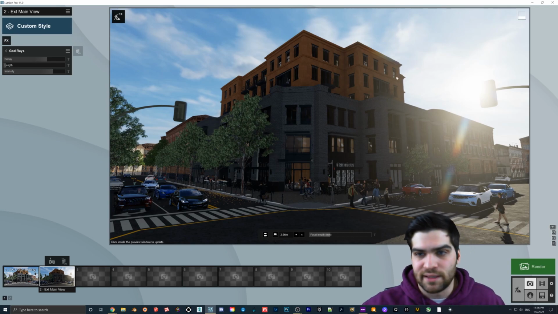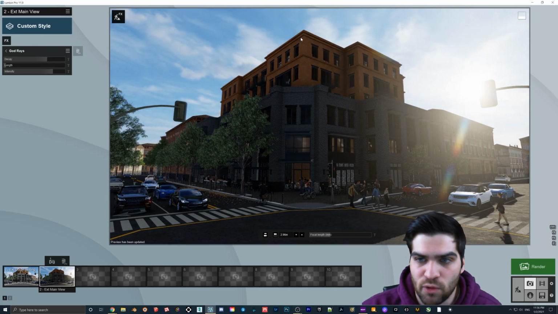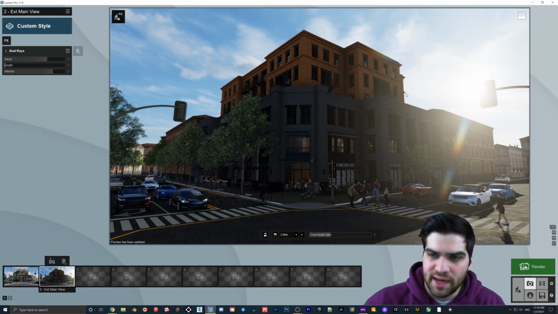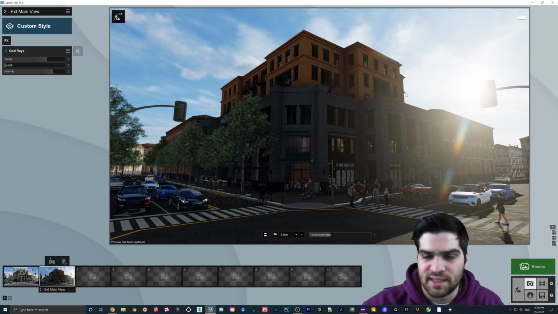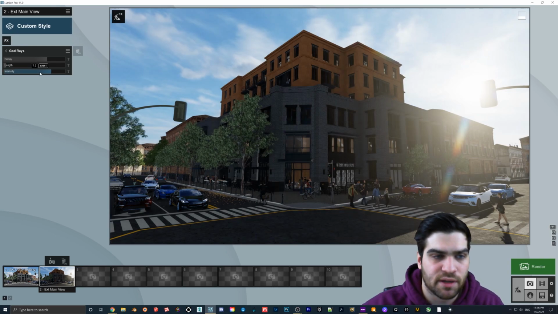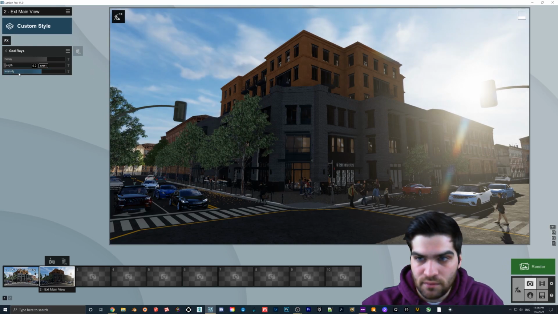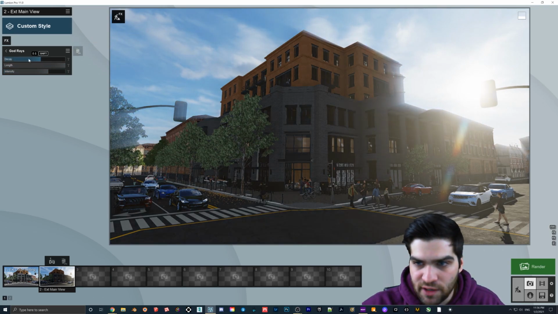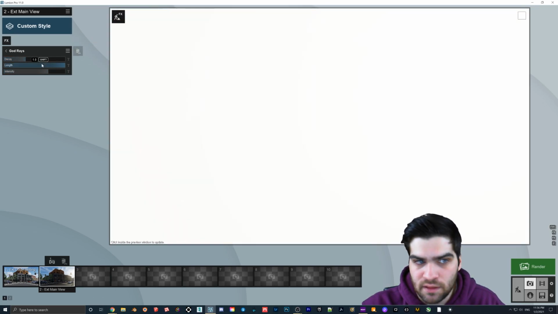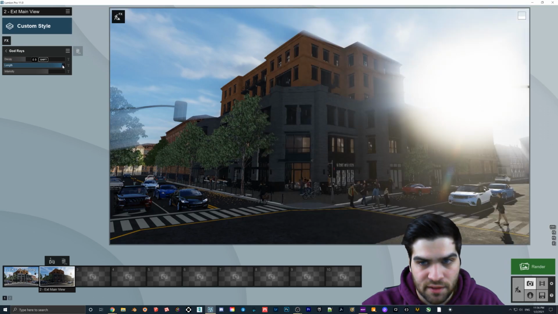So if you are doing it like this, that's kind of what I recommend, where all you're getting here is, I guess, almost like softening the edge of the building. It's getting a really strong sunlight, but it's not destroying the scene, because as you can see, the intensity too kind of speaks for itself. When it's all the way up, the sun's extremely strong, or the God rays. And then as it goes down, you're not getting as much of an effect. So I think if I go like this, that's too far. Maybe length down here,